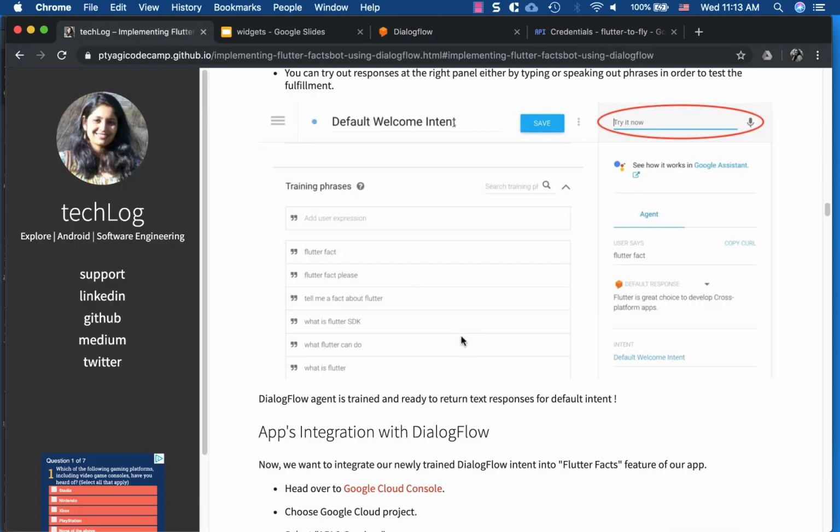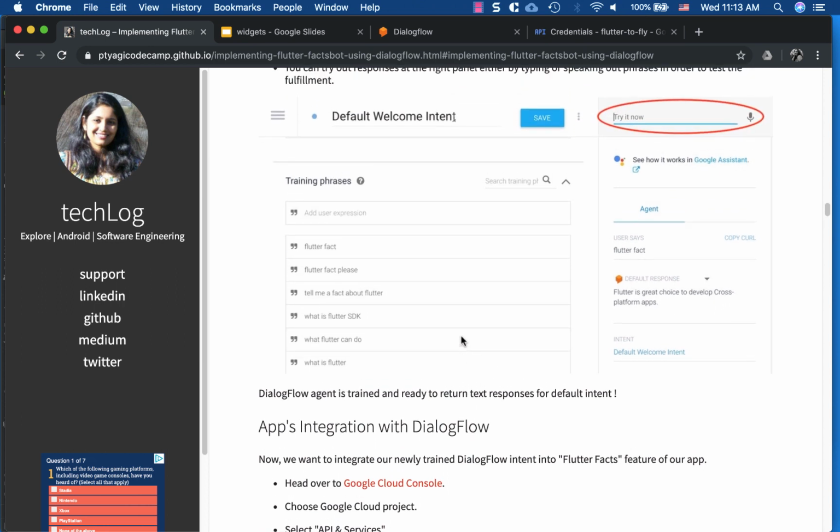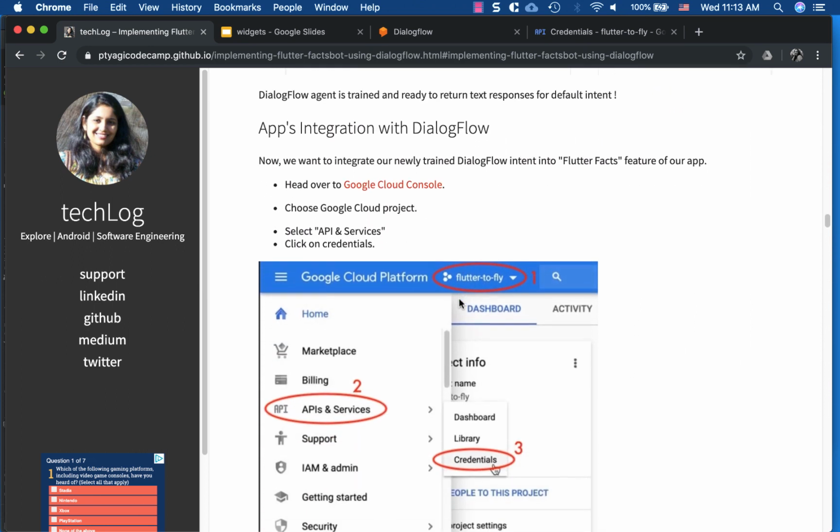And let's go back to the article. The next thing is, this is great, we just made our agent, we just trained our agent in responding to a particular user input which contains the word Flutter in it, which is great. But now how would we integrate it into our app? How will our app be able to call these APIs of Dialogflow? For that, we need to have a Google Cloud project. In my case, I have Flutter to Fly that I already have. So I have to go to my cloud